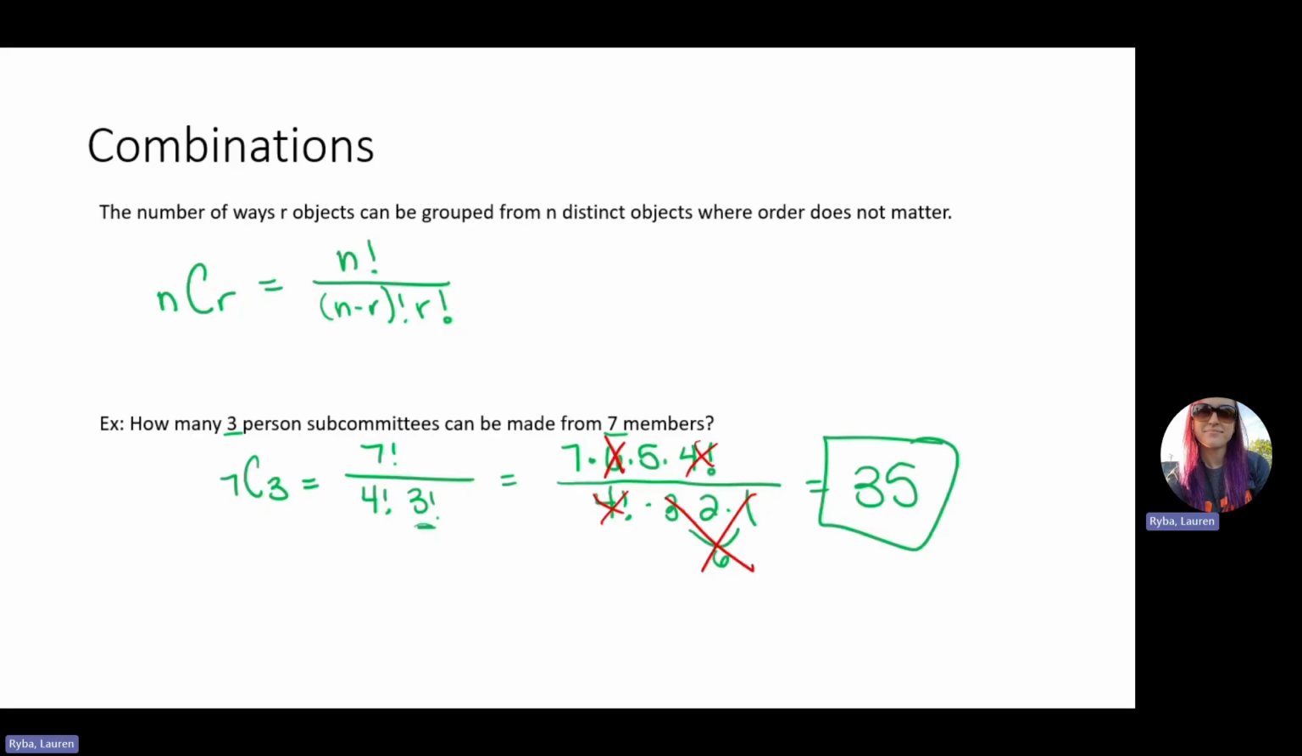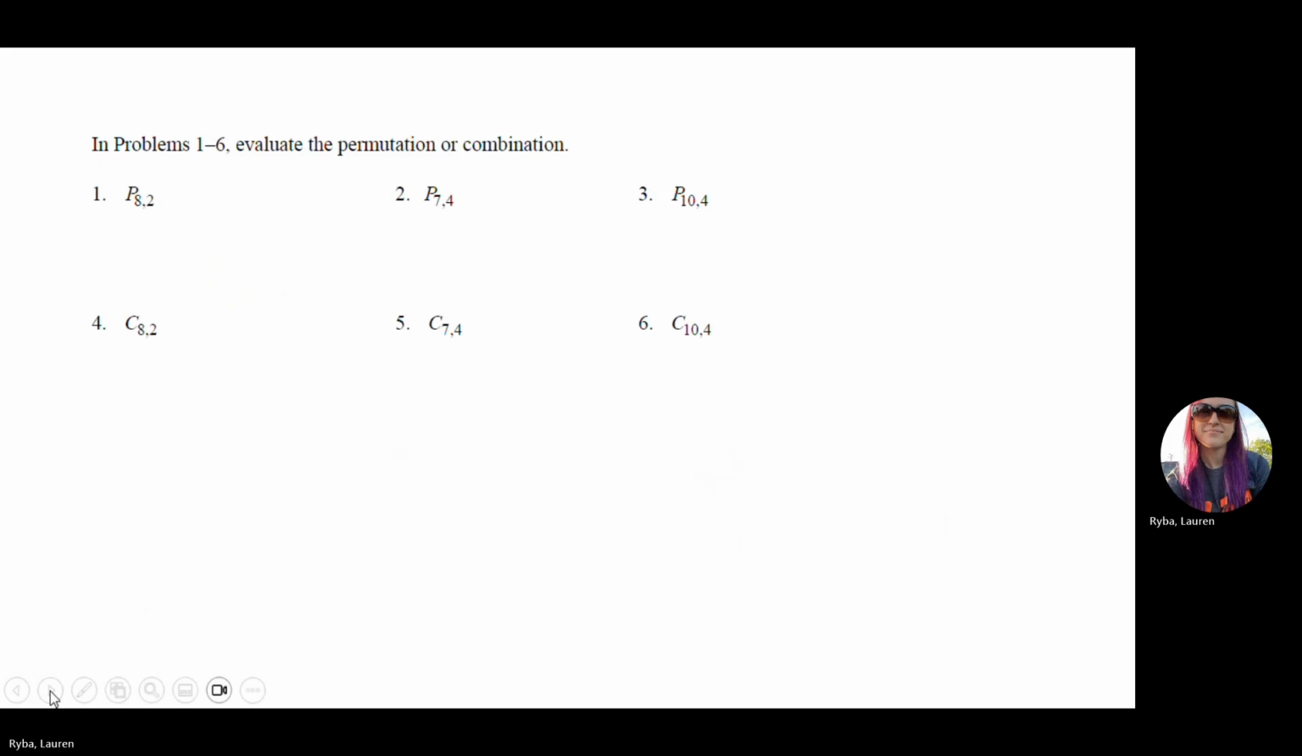Now, I also know that you all have access to scientific calculators. Desmos can do all of this for us. I will show you how we do that for the next ones here. The key is you just have to know, am I doing a combination or a permutation? So we have 6 here that we are going to do in Desmos. If you want to write those down,